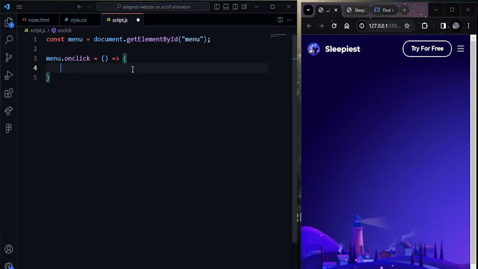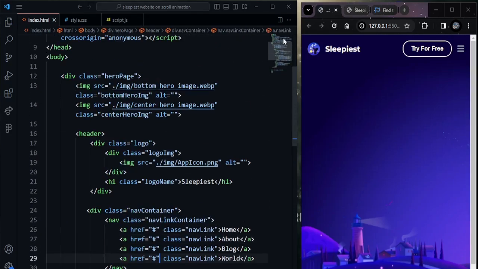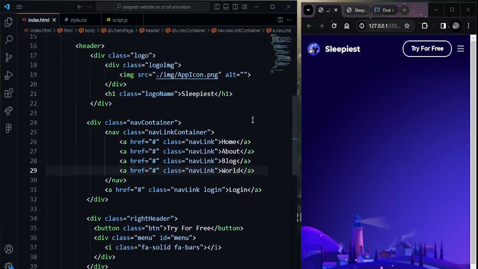Again, we're going to target a further element. This element will be the nav container. And for this nav container, just give an ID and give a similar name to the class name, and copy the ID name,